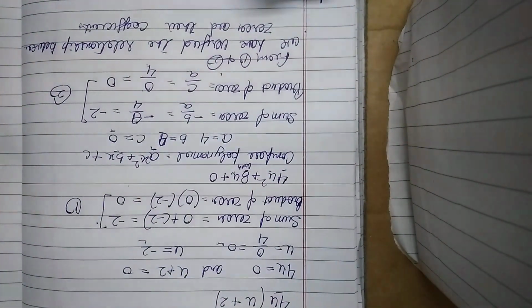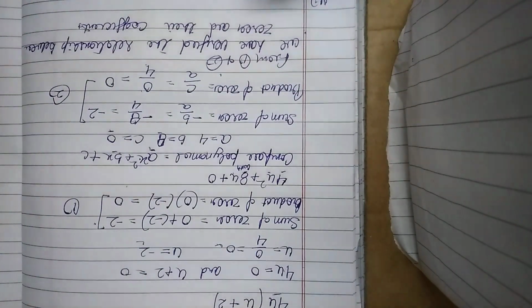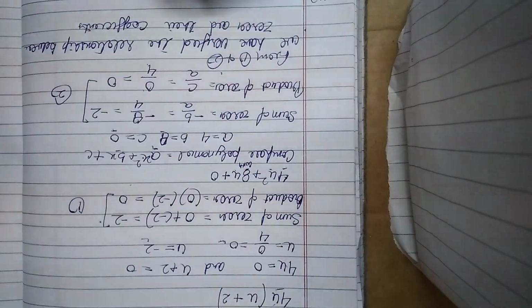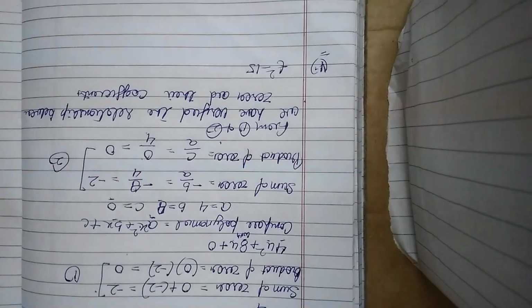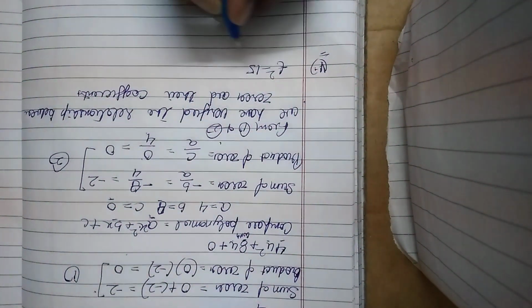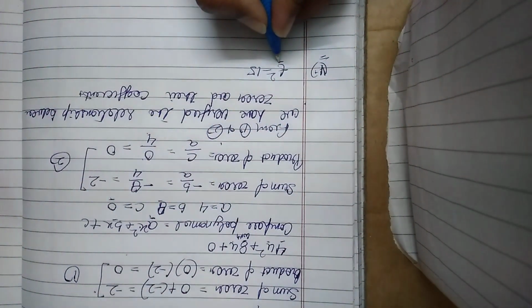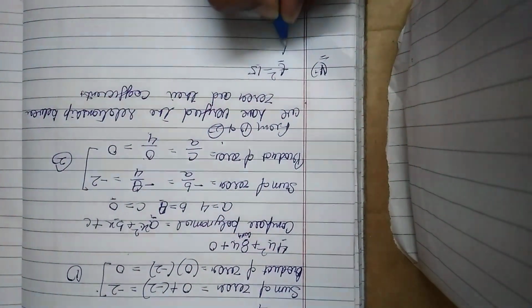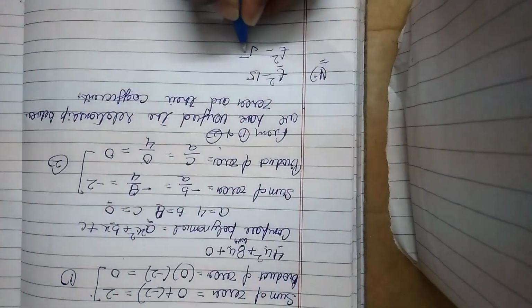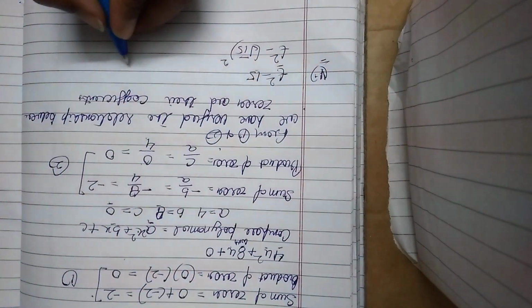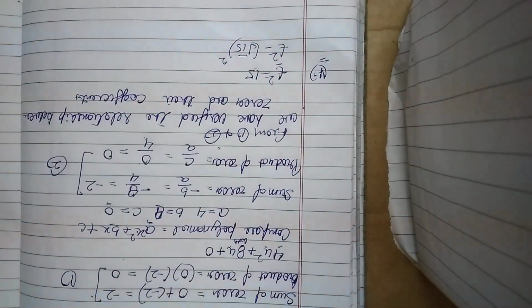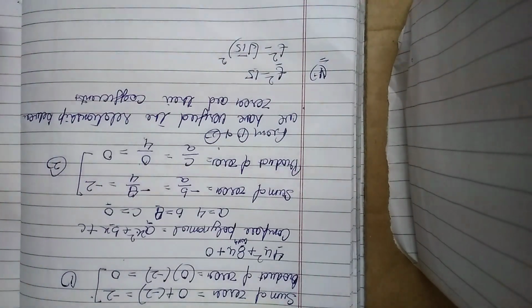Now question number 5 starts. The fifth is t square minus 15. Firstly, make the factors of this polynomial. Now, here the power is 2. So 15 can be written as root 15 raised to power 2. We know that the root and 2 can be cancelled. So 15 can be written as root 15 raised to power 2.